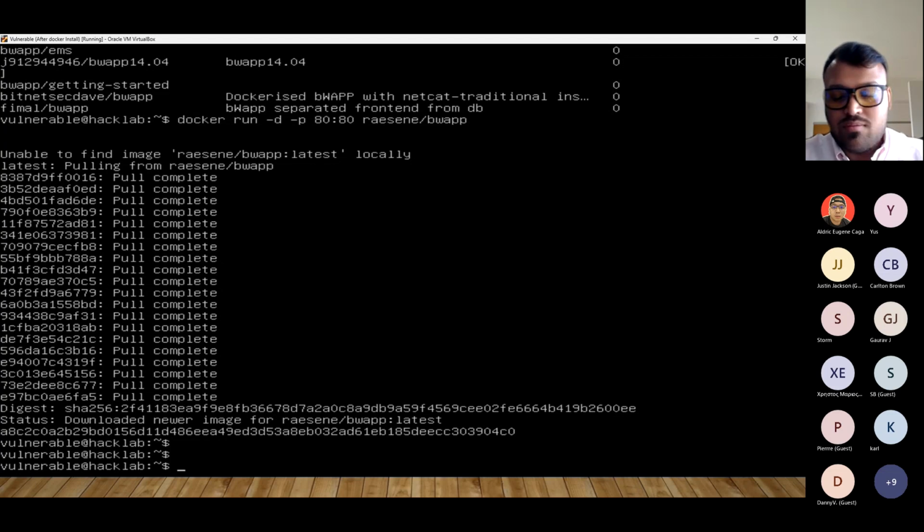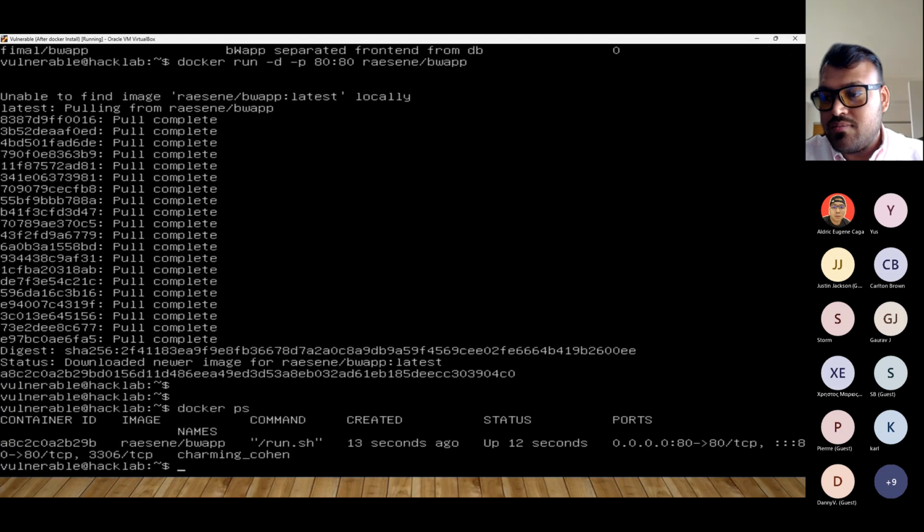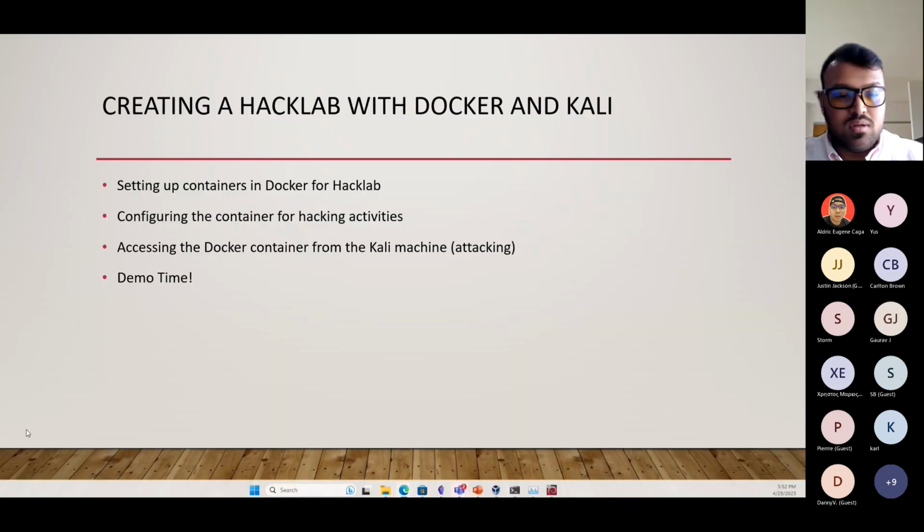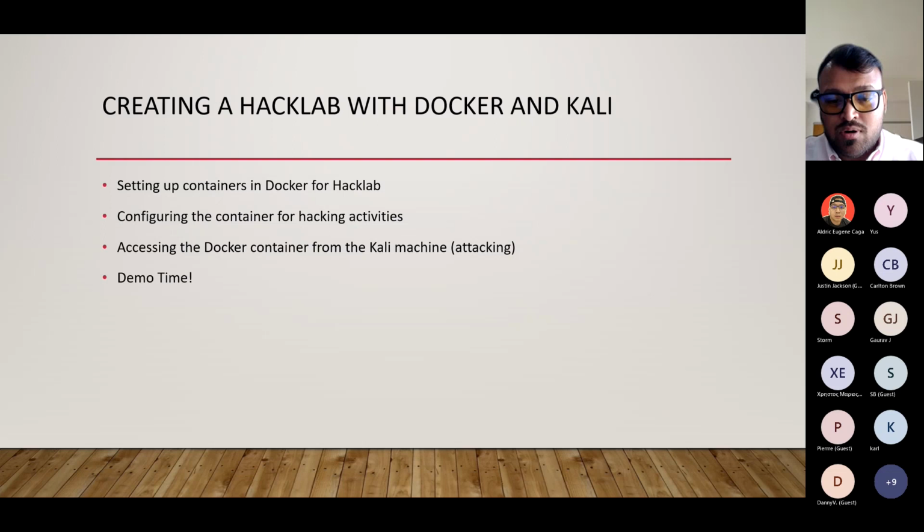How can I check? Well, docker ps. You can see right here, when I type in docker ps, it shows that I have a container running that's called Racine BWAP, and it's forwarding port 80 to port 80, right? Now, what does that mean? It basically means if I open up my web browser in Kali, since Kali is on that same network,